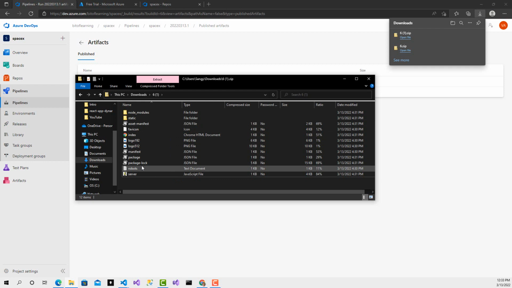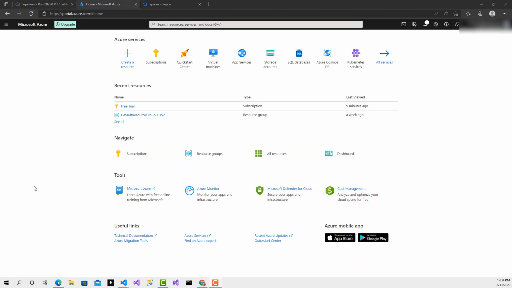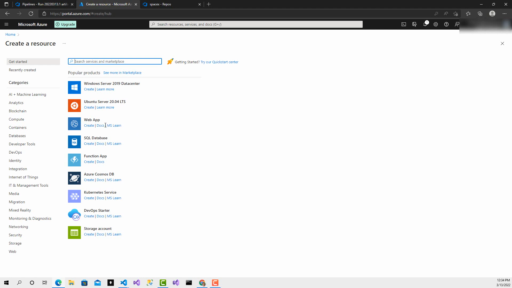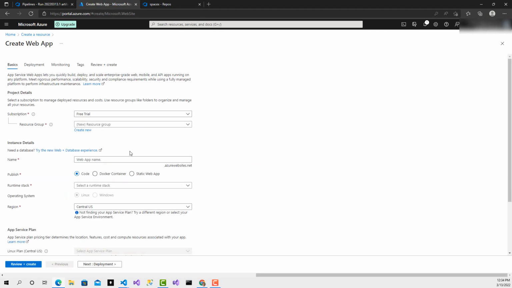The next thing to do is create the web app in Azure, and then we'll set up a release pipeline to deploy these assets to the Azure web app. So let's do that next. I'm here in Azure. I'm going to create a resource. This is going to be a web app. So I'm going to say create, and I'm going to give it a